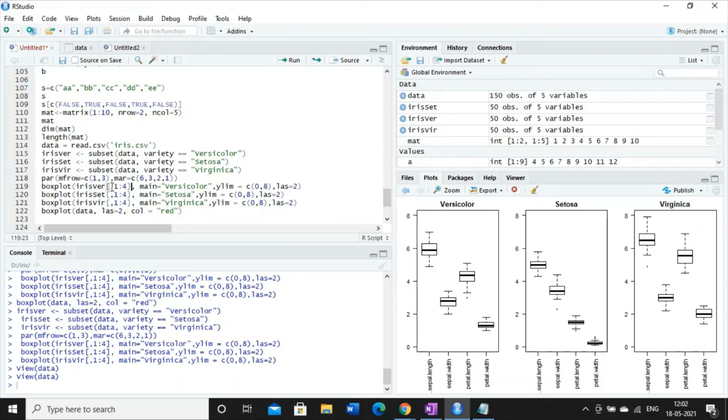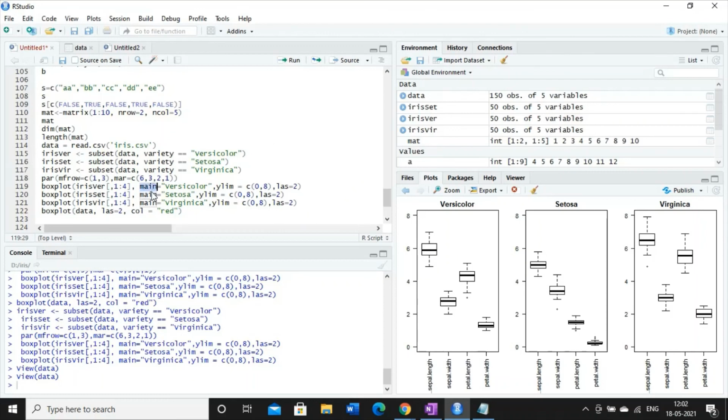Here the first dimension is missing. We are writing the second dimension, meaning we are interested in the columns, and 1 to 4, 1 to 10 mean the component values. Here irisvar, irisset and irisvir are the variables holding the different species, and these are the matrix dimensions that I am mentioning.